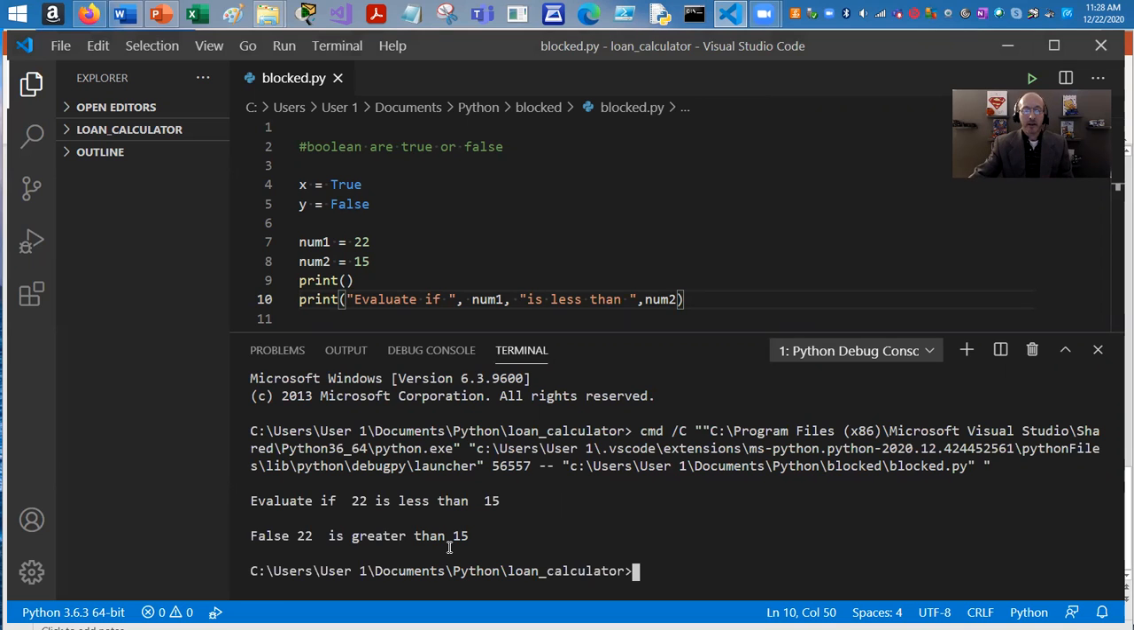Okay, and that's exactly what it should say, because it says evaluate if 22 is less than 15, and it's not. With that being said, we're doing great, and I'll see you in the next